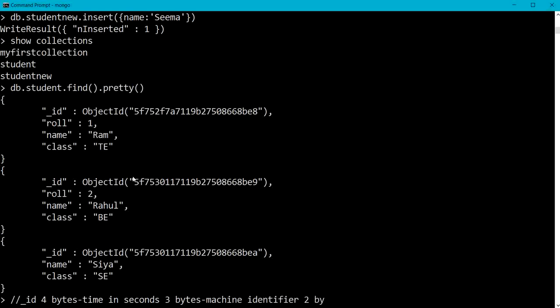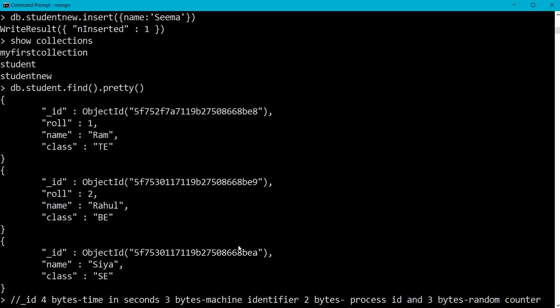The next 2 bytes represent the process ID, and the last 3 bytes represent a random counter value. So this underscore ID is a 12-byte structure.